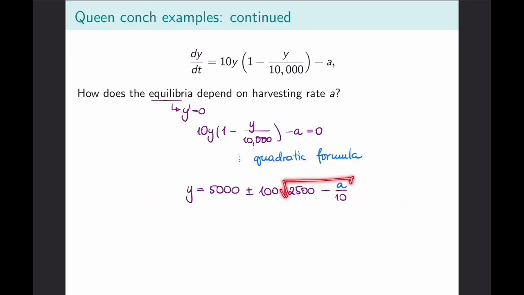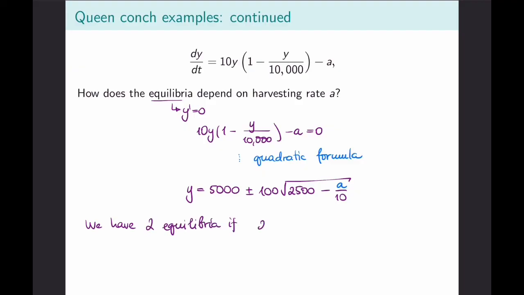Well, I notice that there is a square root here. And in fact, normally the quadratic formula will produce either no solutions if the number under the square root is negative, one solution if the square root is 0, and two solutions if the square root is something I can actually compute with. And this is exactly what we're going to have here. You will have two solutions and therefore two equilibria if the value under the square root is positive. We have two equilibria